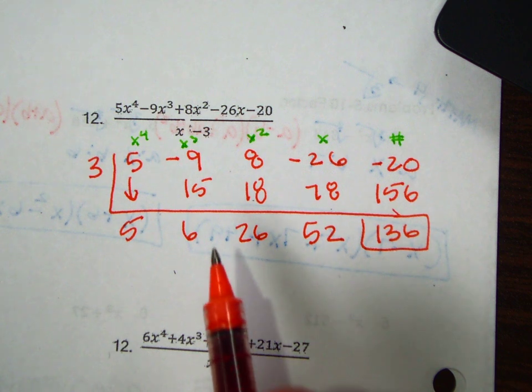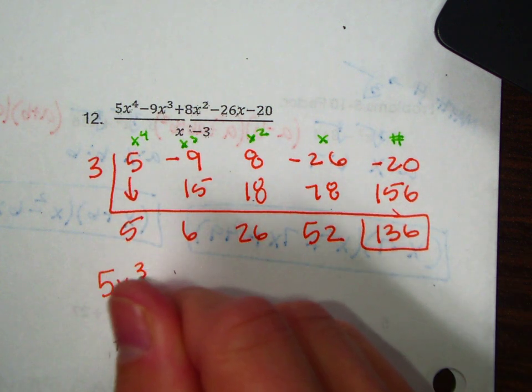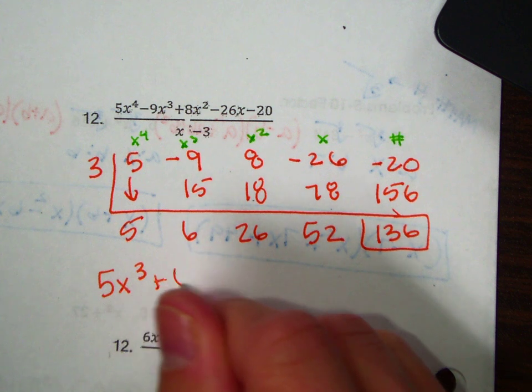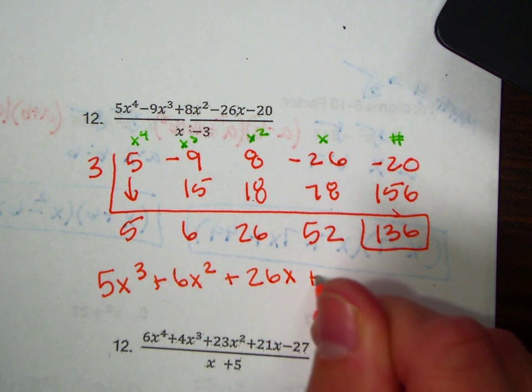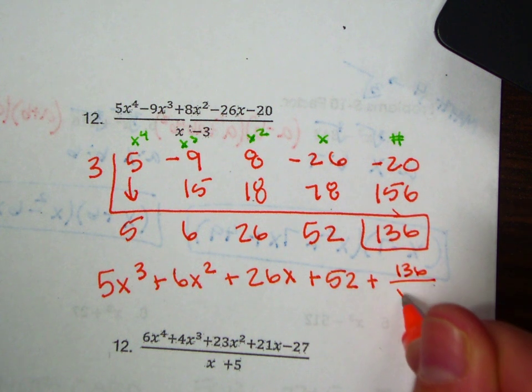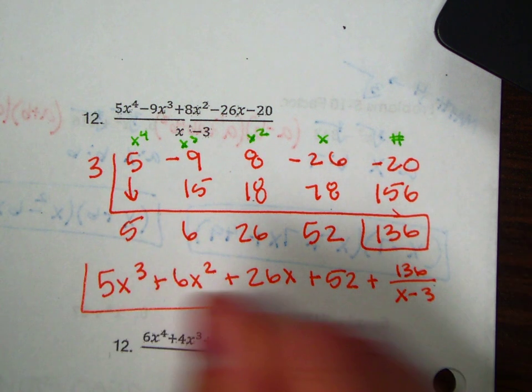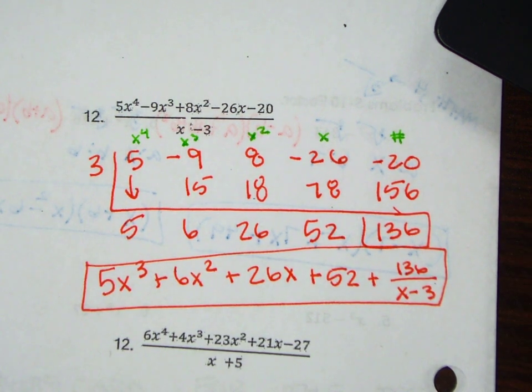And so we're going to start 1 degree lower. So instead of starting with an x to the fourth, we're going to start with x cubed: 5x cubed, plus 6x squared, plus 26x, plus 52, plus 136 over x minus 3. Okay, pause your video and try your